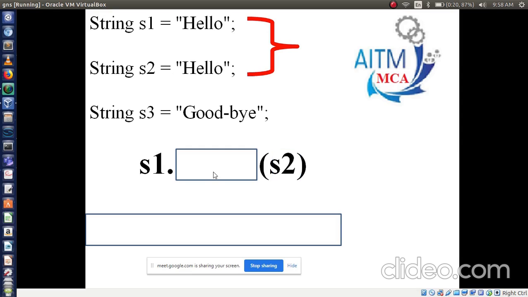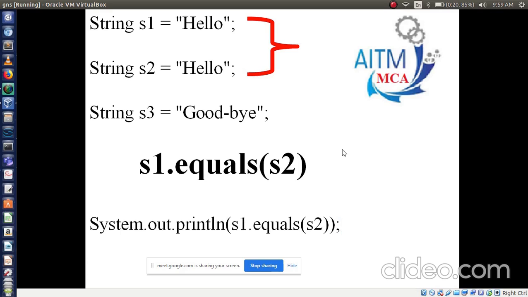Equals. Now you tell me what is the output for this? True. The output is true, because H here is capital, H here is capital, and the rest are all the same small case letters. So we will get the output as true.